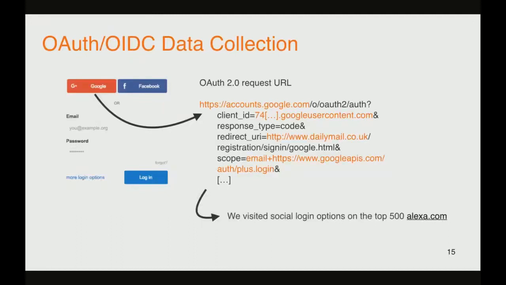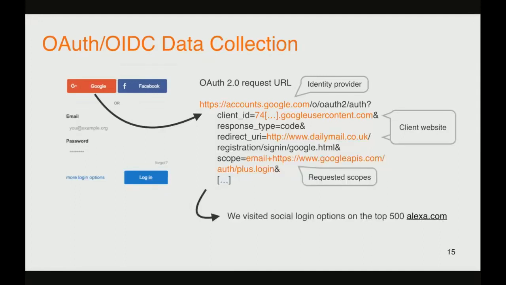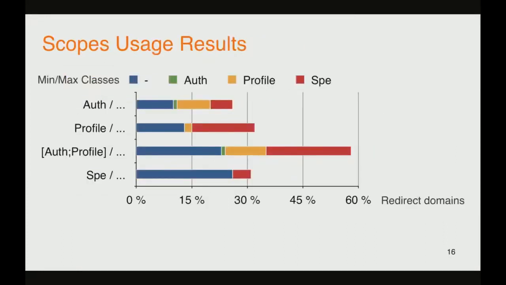So in our host study, we try to collect the host to request URL, and these are interesting data because they contain the identity providers, the client website that is making the request, also identifiable with a human readable name, and of course the type of data that are requested. So we visited 500 websites and tried to use any social login option that was present, and then collected the